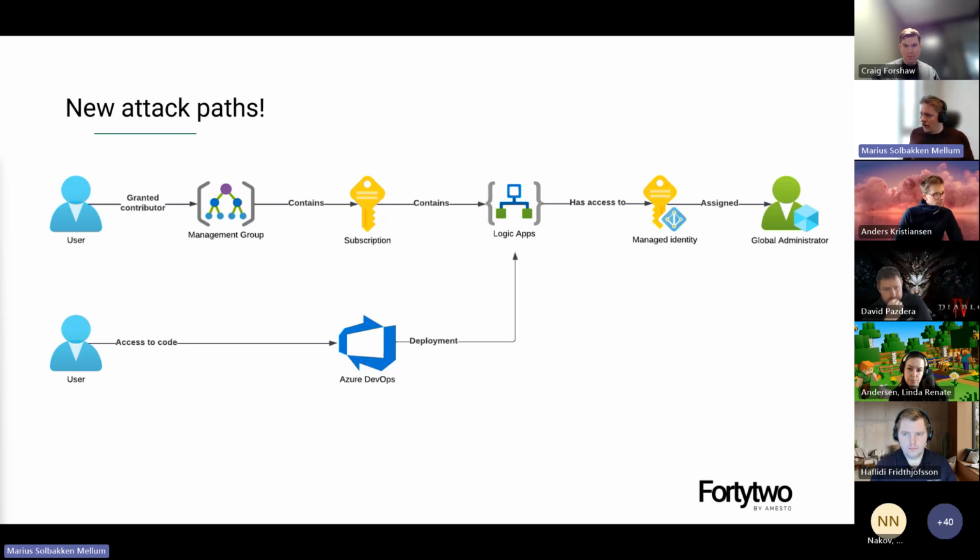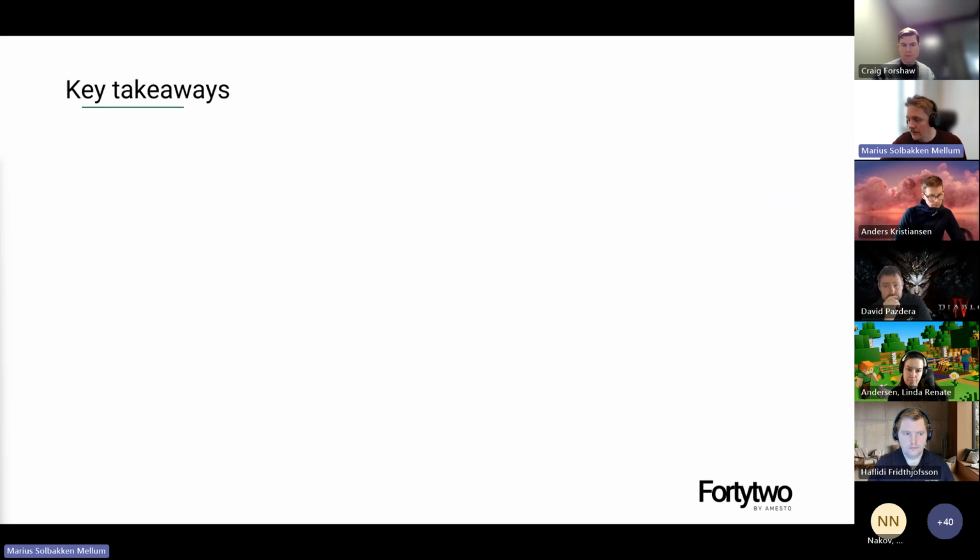And you have another way in, which is through deployment pipelines. So if you use GitHub or DevOps or whatever, and you use CI/CD to deploy code, then that is yet another way in. So yeah, make sure you fix that as well. I do have a very simple demo, but since time is going fast, we're just going to skip to key